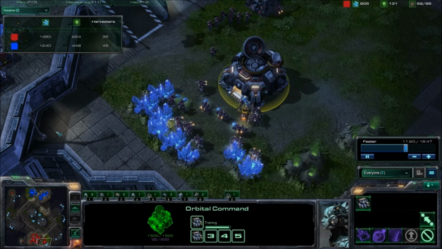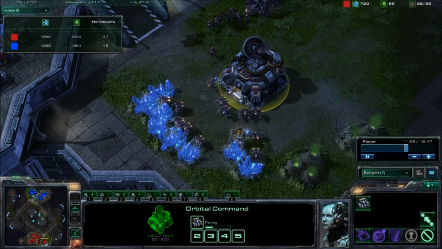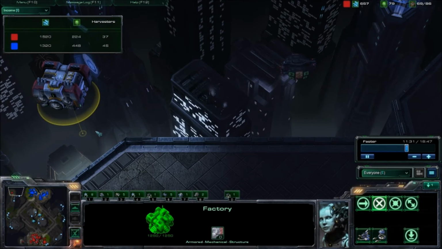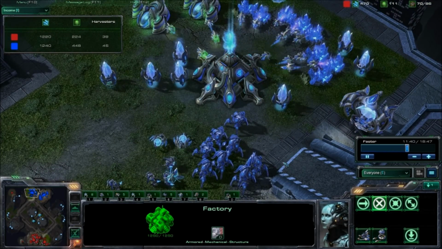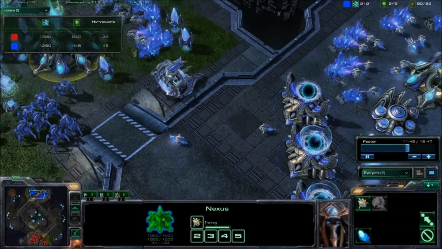But yeah, you can see here 45 probes to 37 SCVs. So yeah, Mewtwo's doing pretty decent. I'm not sure what this factory is doing here. I think it's just kind of waiting to do something. Maybe fly in here, maybe a little bit later to kind of scope out the strategy that Mewtwo's going for, but